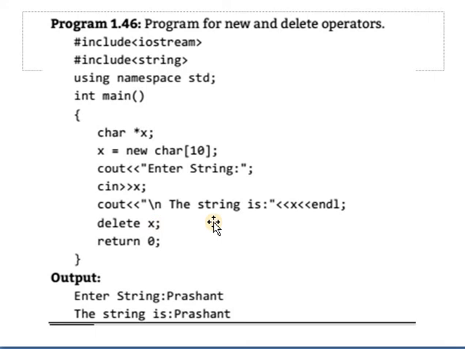This is the use of the new and delete operators. This program demonstrates the use of new and delete operators.